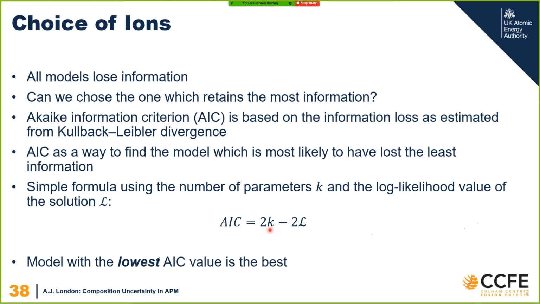You look at a mass spectrum and you start adding increasingly random ions, and it's like, oh, I'm getting better and better residual. I've got fewer unranged counts, so it must be getting better. But actually, you're kind of overfitting your problem, and maybe you're introducing ions that it's not statistically justified in adding them. And this is a way of avoiding that problem. So this function penalizes overfitting, and the likelihood value rewards better fit. So it's a very simple